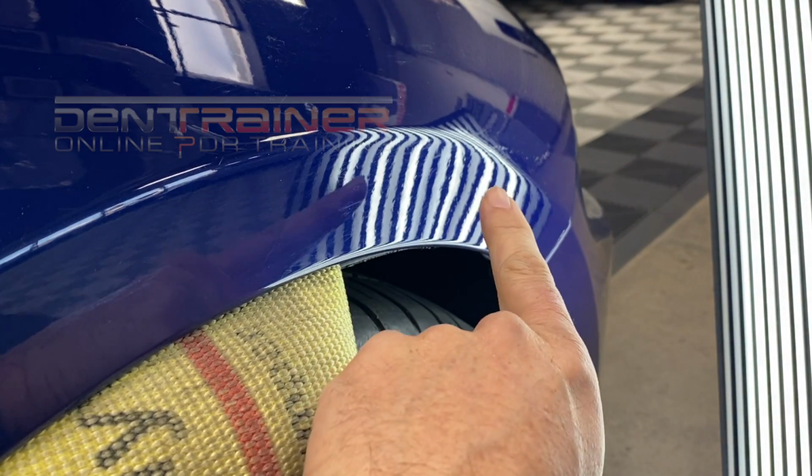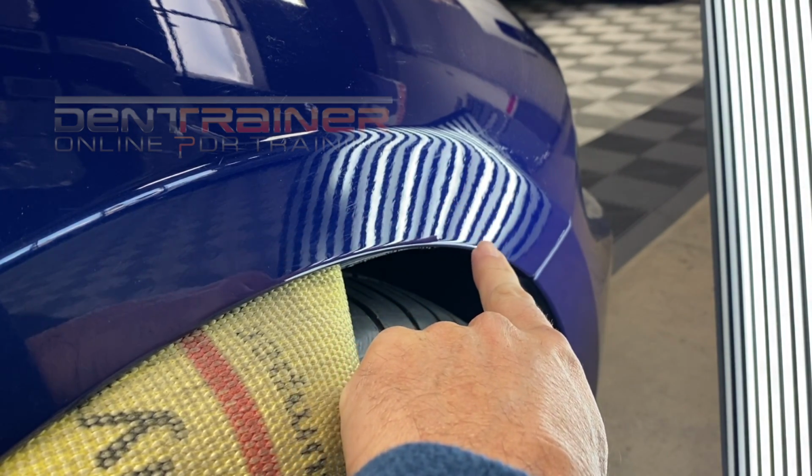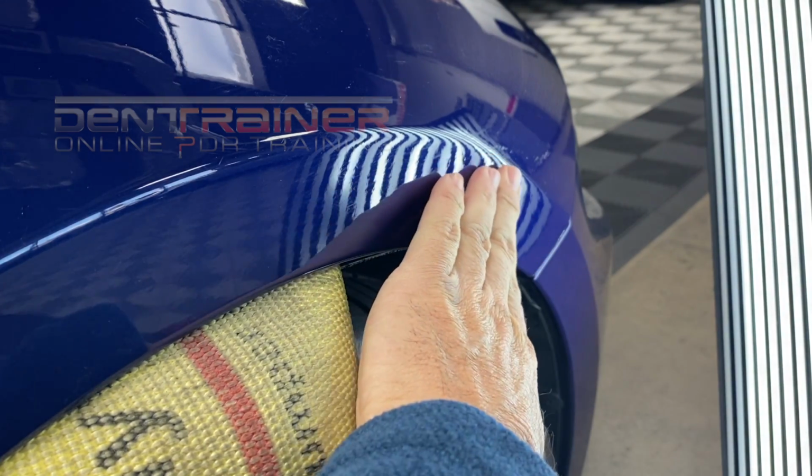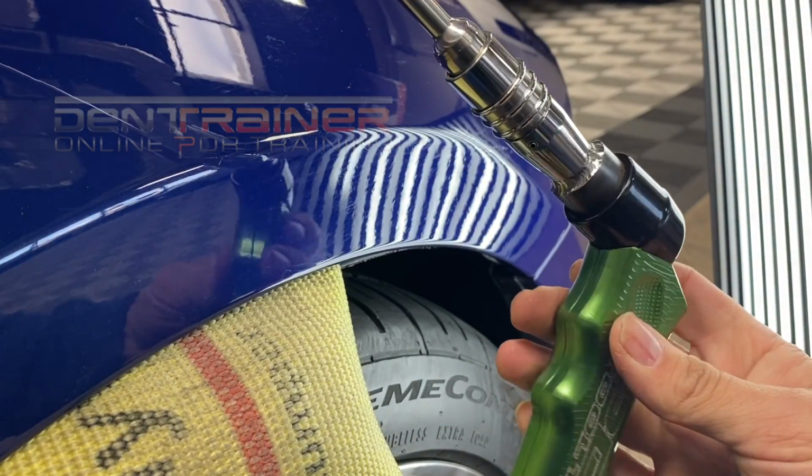Okay, so what I'm going to do is I'm going to go right in this area. It's a little bit fatter right here, and so I'm going to clean up this section right here with this tip right here. So I am actually using